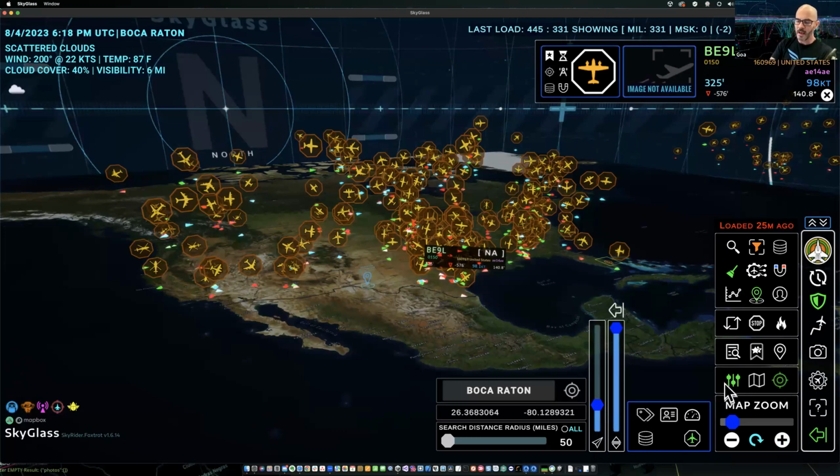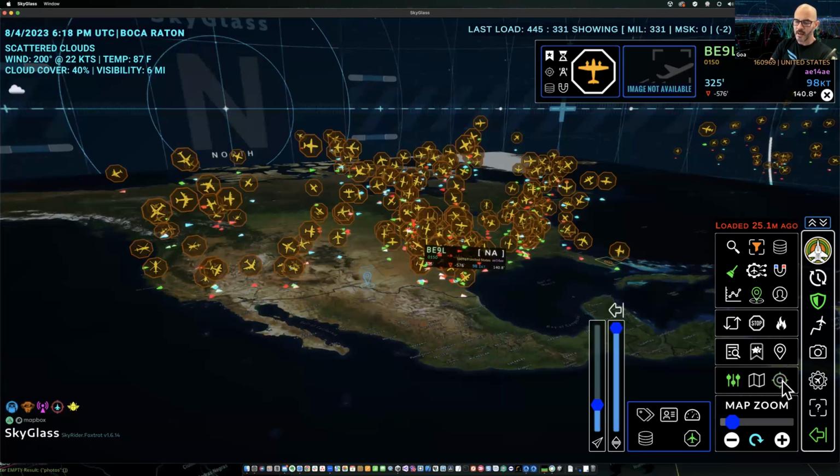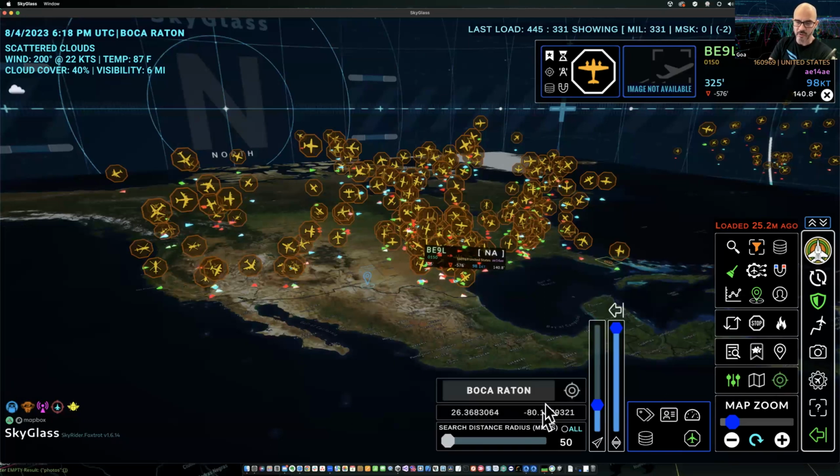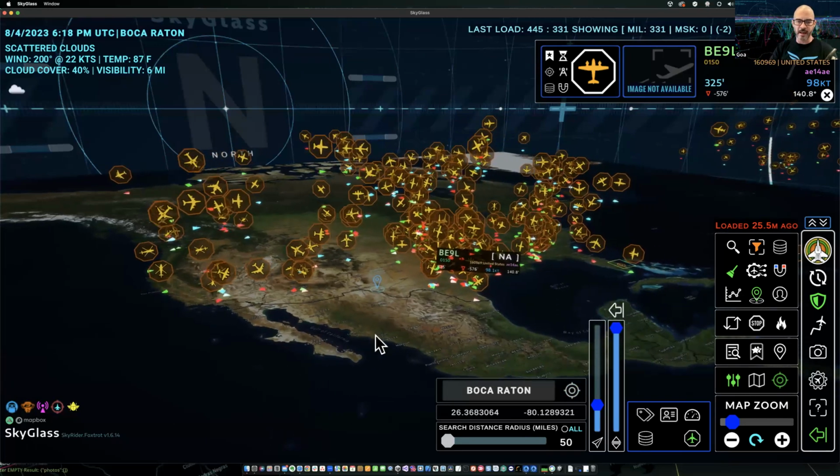Excellent. Okay, so the last button in this grouping here is this location target. If I turn that off and turn it back on again, you'll see we've got this little pop-out panel here. This is the location input to change your home location. When you're in military mode, as I said before, all the aircraft are loaded globally, okay? So there's really not a use for the home location because you're getting all the aircraft across the planet, and